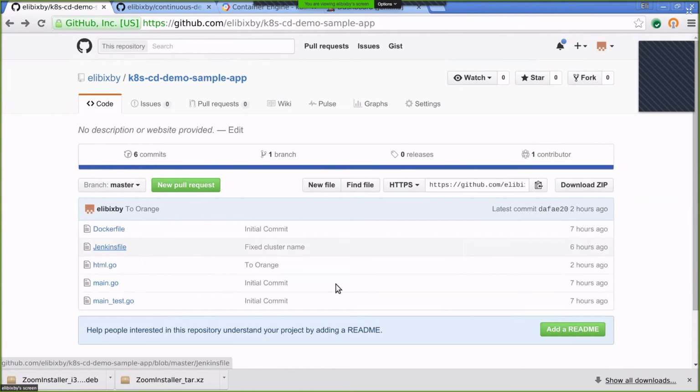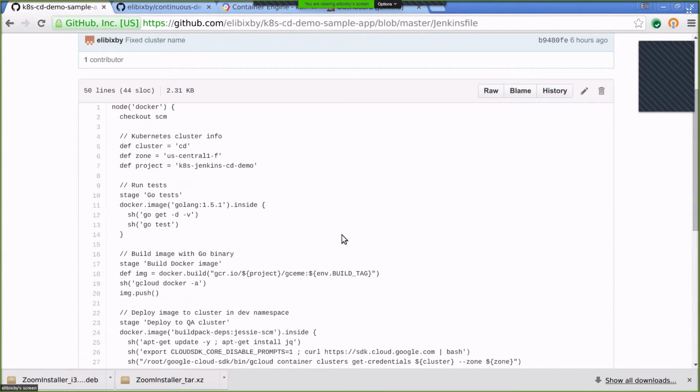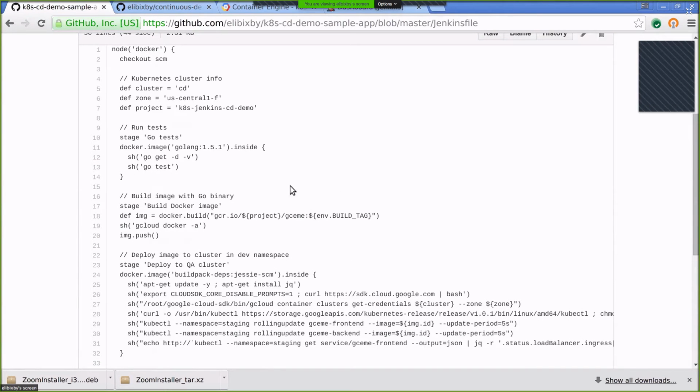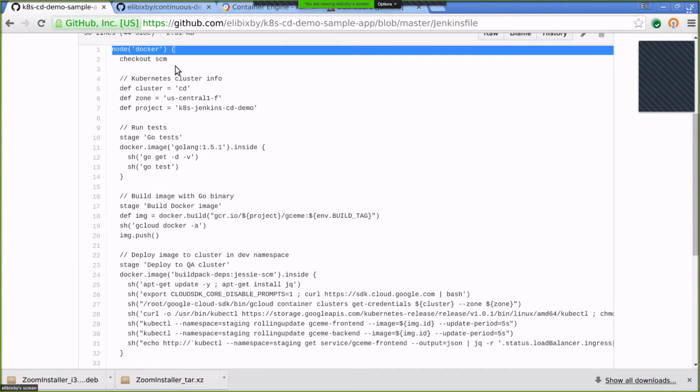The Jenkinsfile is a complete description of what we want our process to do. This tells it we want to run on a Docker node. In Jenkins, we've given our build agents a label, Docker, and so this restricts it to running on our build agents.